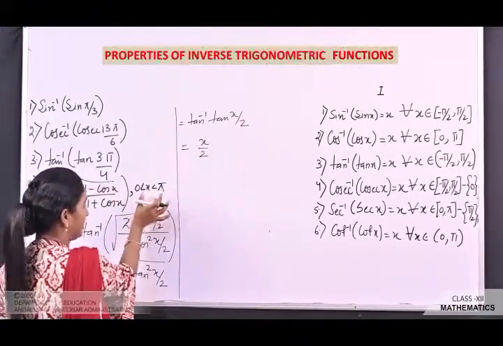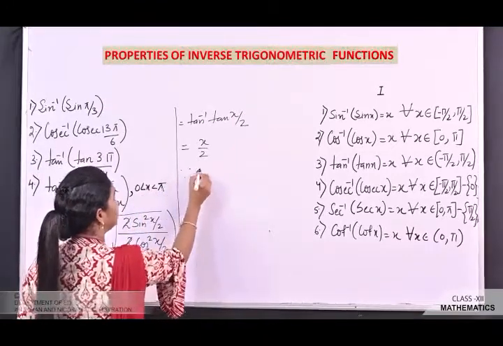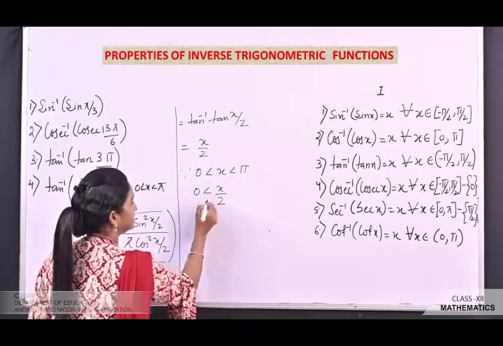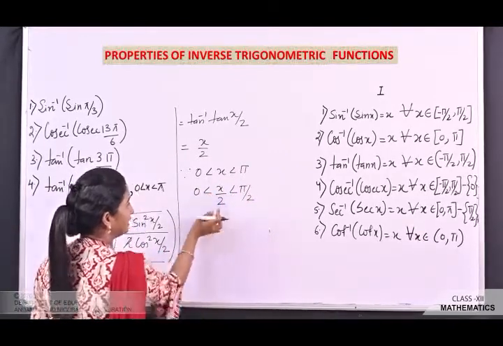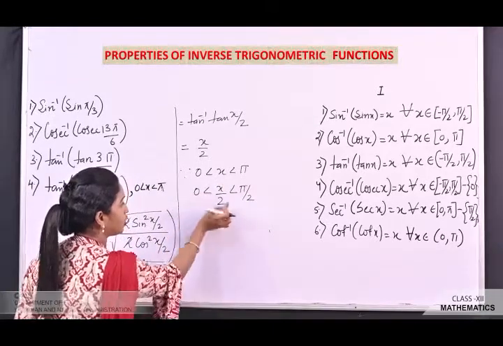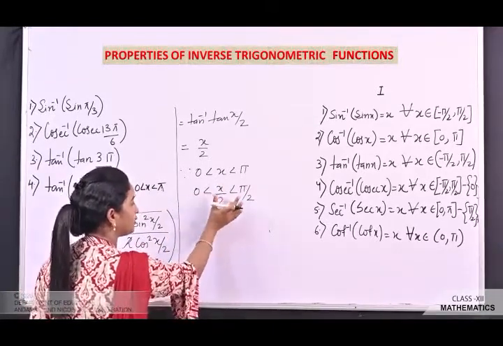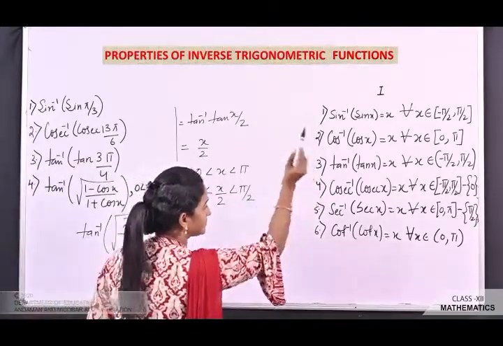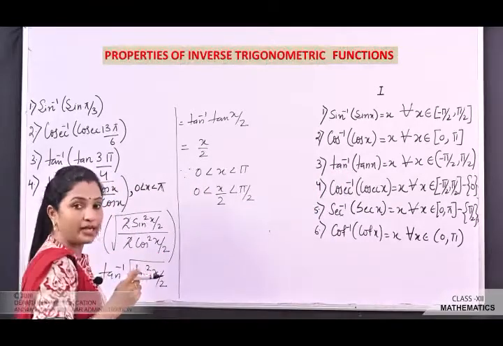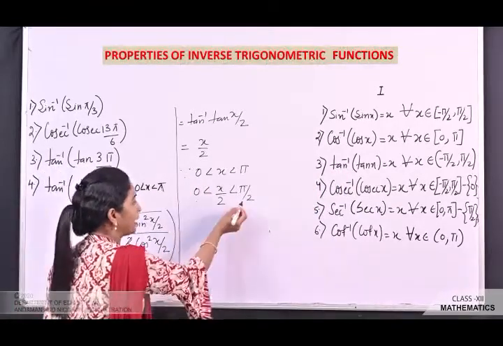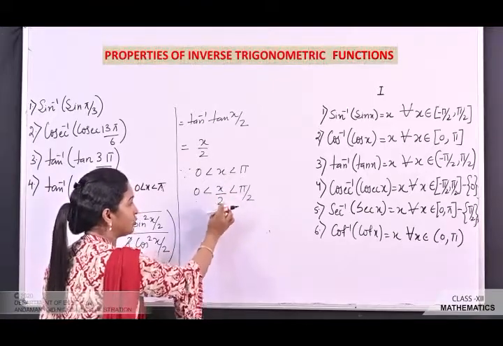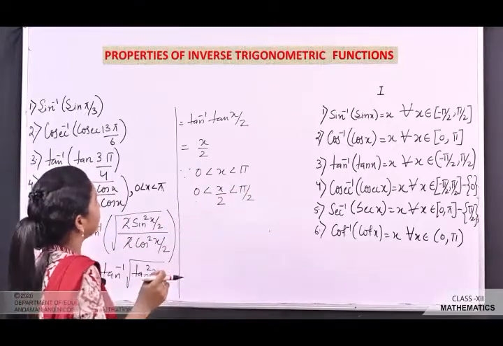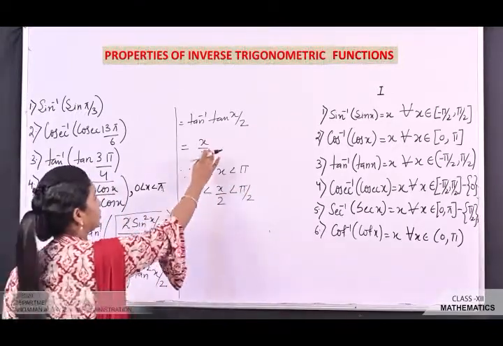See the condition here. The condition given is 0 is less than x less than pi, which means when you divide by 2, 0 is less than x by 2 less than pi by 2. That means this x by 2 lies between 0 and pi by 2. तो 0 से pi by 2 जो भी वैल्यू होगा, वो उसमें लाई कर रहे हैं tan inverse tan x में. Definitely tan inverse tan x is equal to x for all x belonging to minus pi by 2 to plus pi by 2. So the value of x by 2 lies between 0 and pi by 2, and it definitely lies in the domain also. So tan inverse tan x by 2 has the value x by 2.